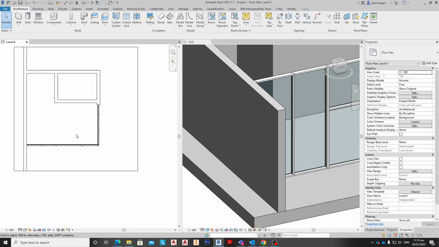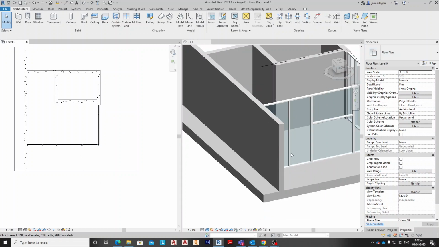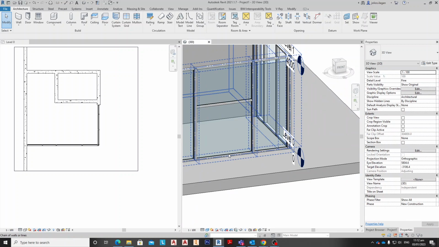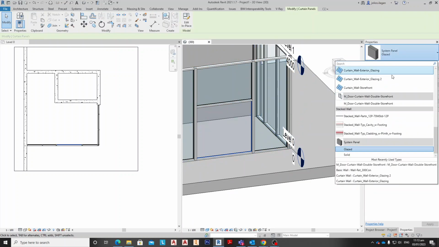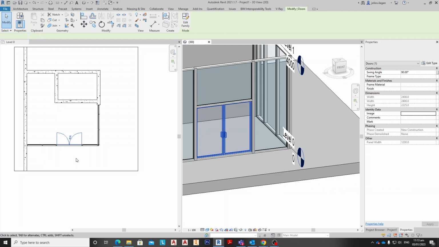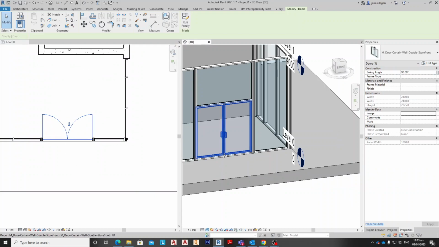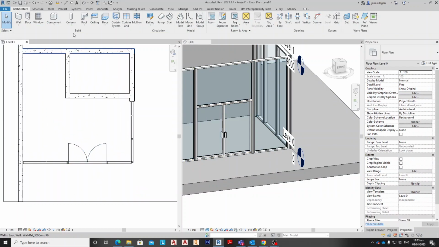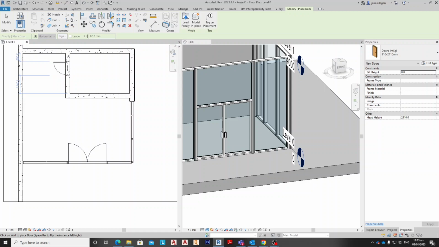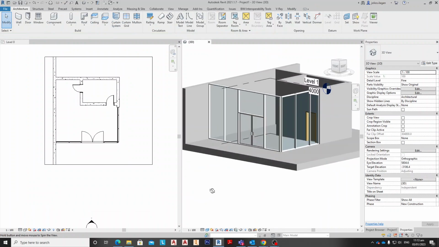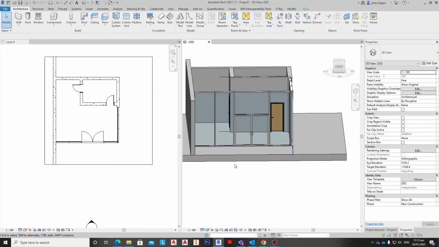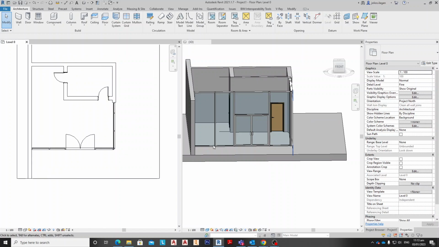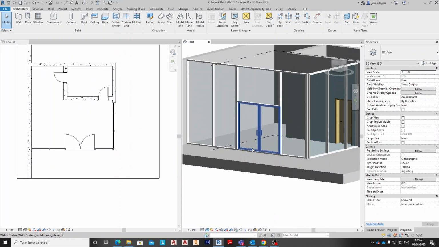You see that once we load this, again hit tab and select this. You see the door is coming. And again the door, this one, and for this one. Okay. Now the door is visible on this